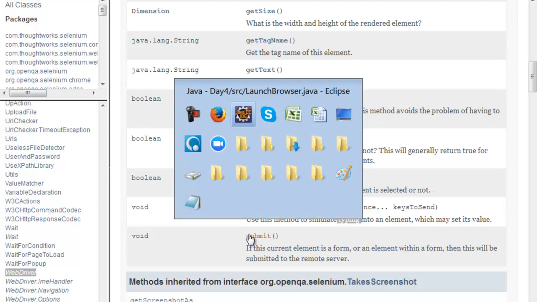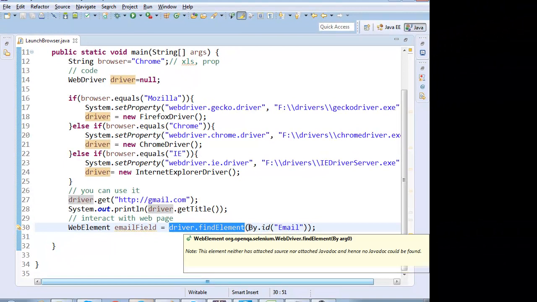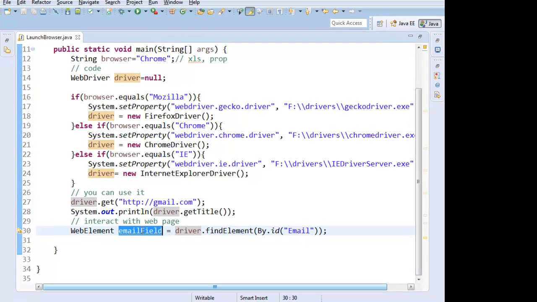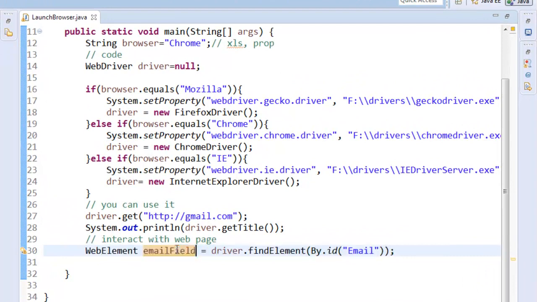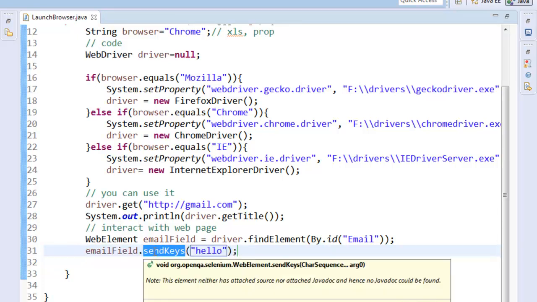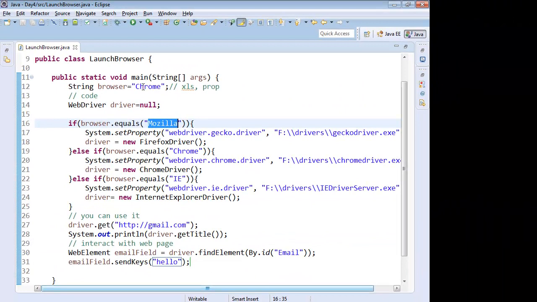So you have this command driver.find element which can find the element by any criteria, and it will return you the web element corresponding to that element. On that web element, you can fire any command. You can write email id field dot send keys, say hello. Send keys will actually type into the text field. Now let me run this on Mozilla.